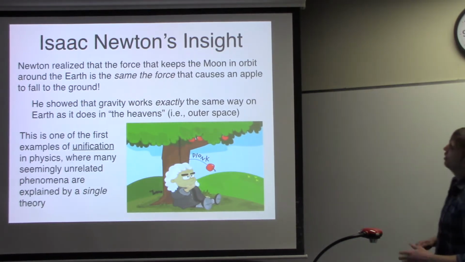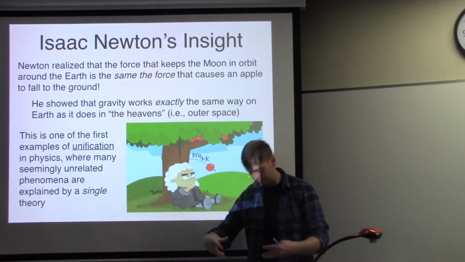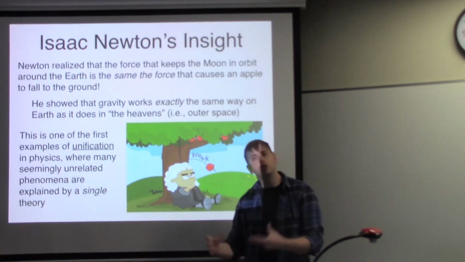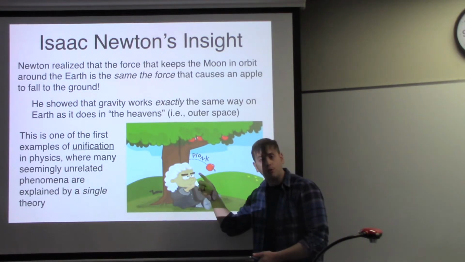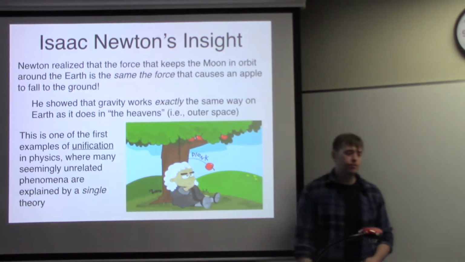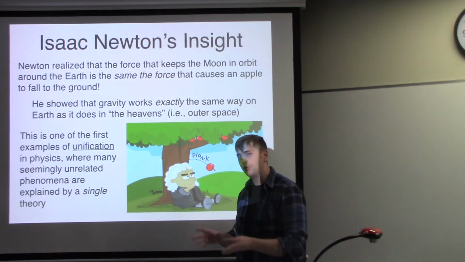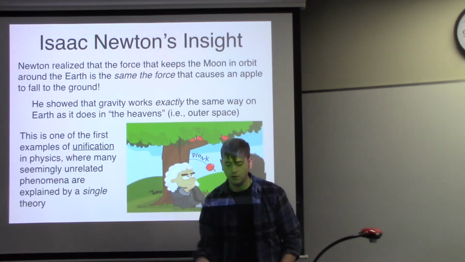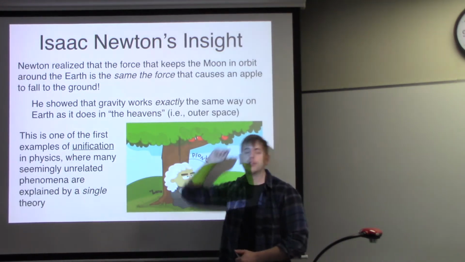Well, what Newton realized is the force that keeps the moon in orbit around the Earth, okay, if the moon is going to be in orbit around the Earth, he realized that there's some kind of force pulling the moon towards the Earth. He realized that that force is the same exact force as the force that causes the apple to fall to the ground. That's called gravity. And this is a really, really important point because what he showed ultimately is the way gravity works here on Earth, okay, and you see something fall to the ground, it's the same exact way as it works out there in the heavens,